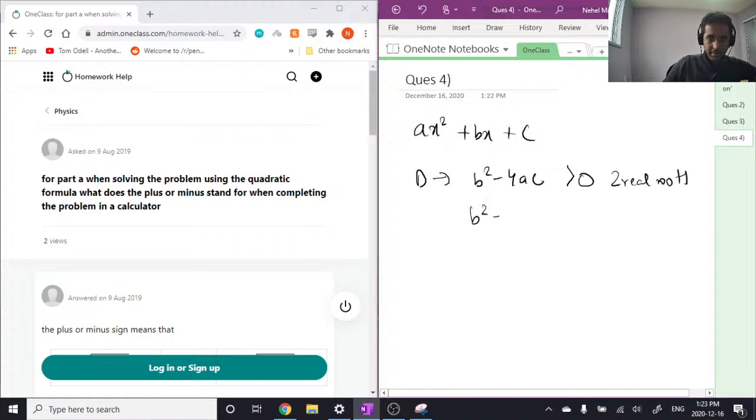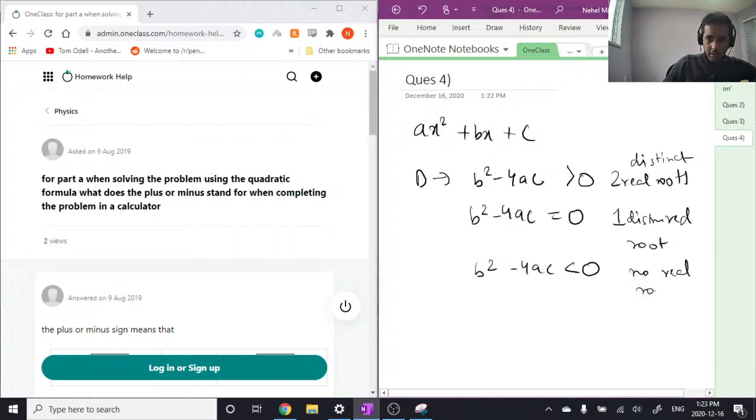If b squared minus 4ac is equal to 0, then it has one distinct real root, and then for the third case, it has no real roots. No real roots. So essentially, what we're trying to say is, if I draw the axis,